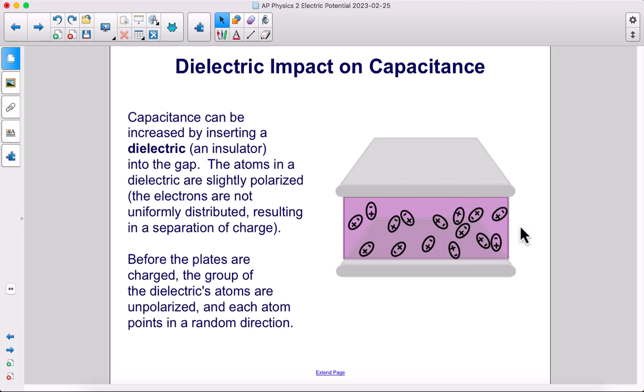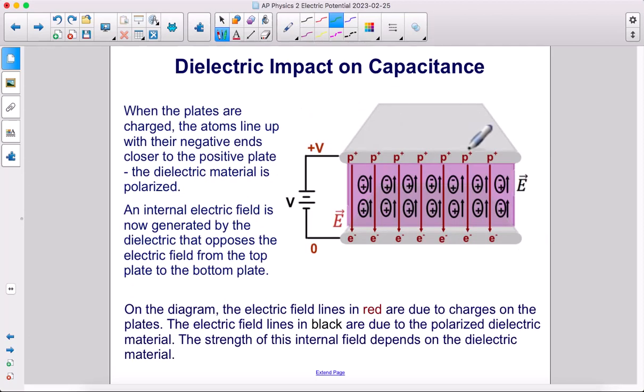Before the plates are charged, the group of the dielectric's atoms are unpolarized, and each atom points in a random direction. When the plates are charged, the atoms line up with their negative ends closer to the positive plate. The dielectric material becomes polarized. An internal electric field is now generated by the dielectric that opposes the electric field from the top plate to